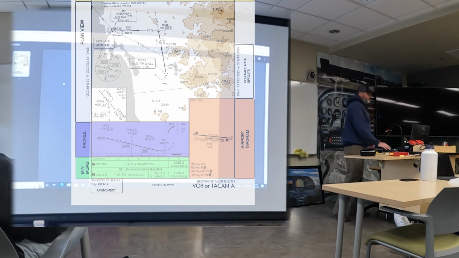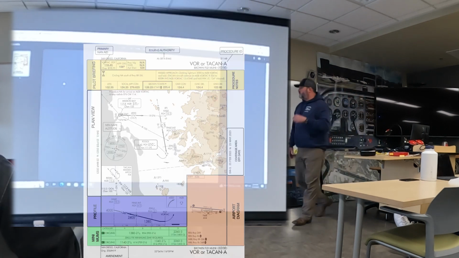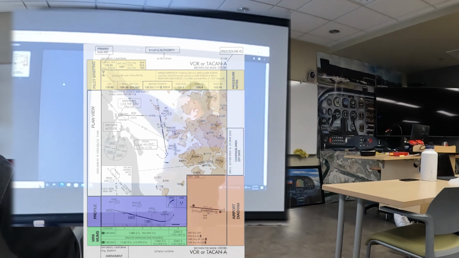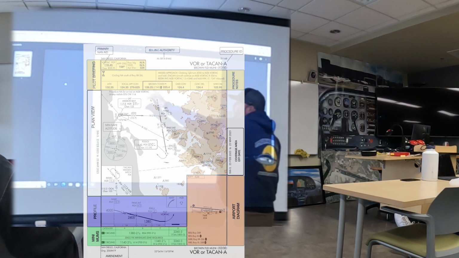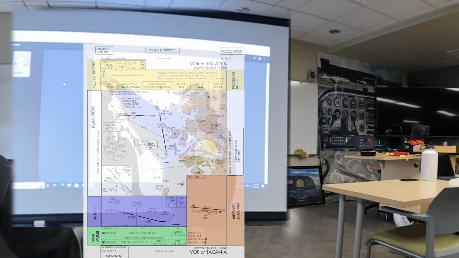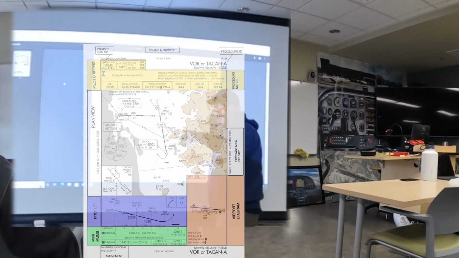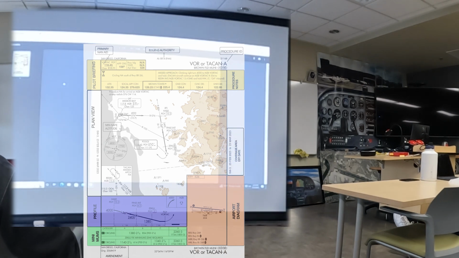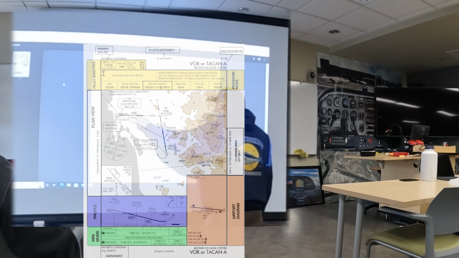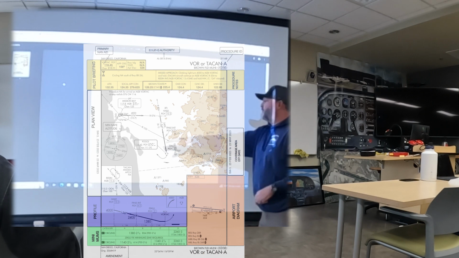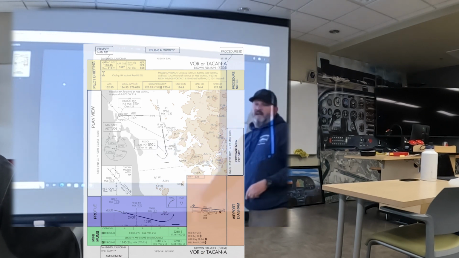In the pilot briefing section, this is the primary nav aid. Why is it underlined? No voice capabilities. You can't talk to anyone through it. The primary nav aid frequency is going to be associated with the bold box. This box is bolder than that box. FAA's verbiage for the rapid identification of